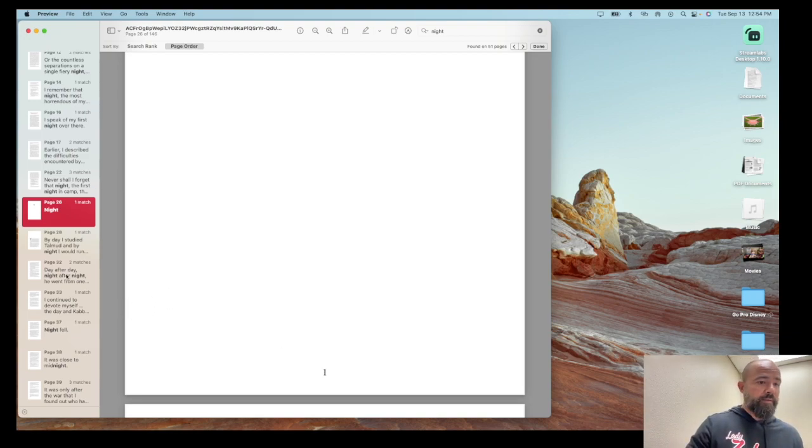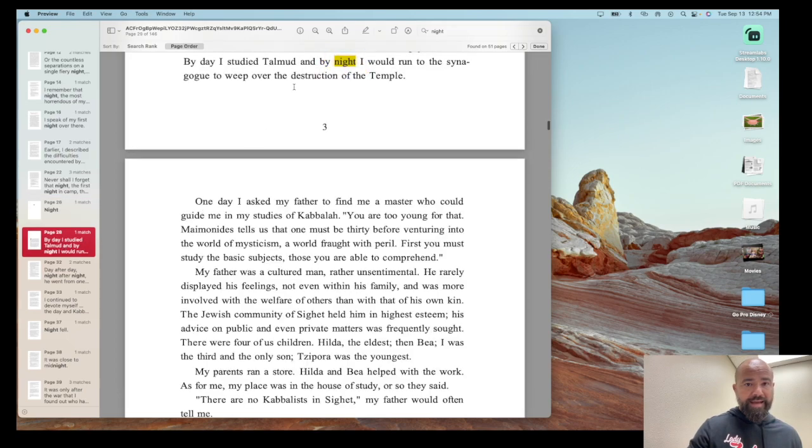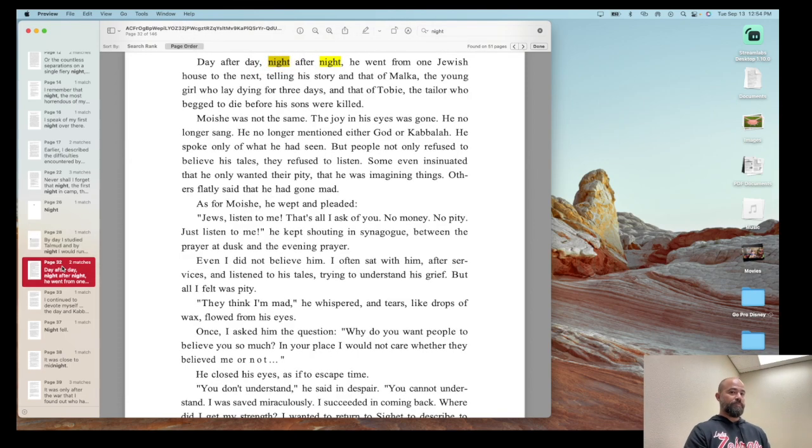This first page here, and I know this is small for you, has "night" used in "by night I would run to the synagogue." I don't like that one. This one works pretty well: "Day after day, night after night, we went from one Jewish house to the next, telling his story and that of Malka, the girl who blah, blah, blah." That one's decent. I can use that quote talking about the word and how it's used